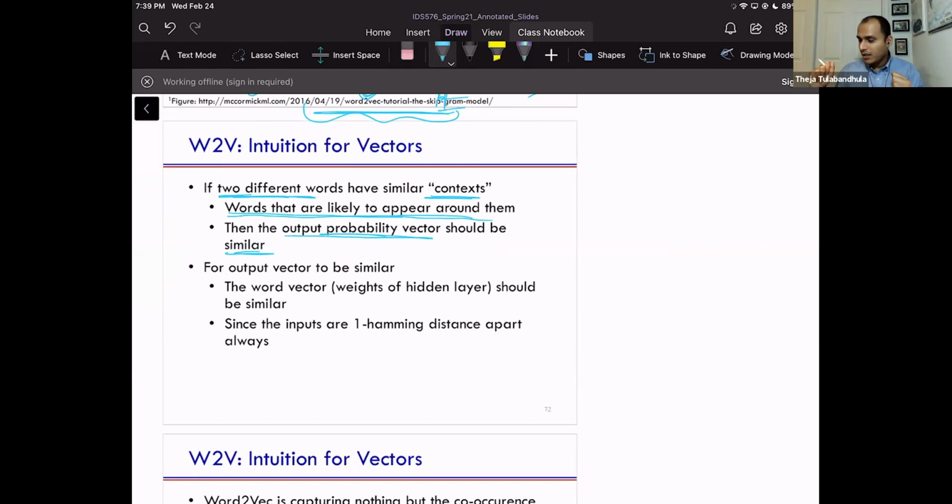Right. So if the jumps coordinate has to have a high score both when I pass fox or cat, and since it's only a linear transformation, remember, from H I can do another transformation, let me just call it theta, to get the scores, right? So I want the score for jumps to be highest, which means whether I pass fox or cat, the same score coordinate should be high, which means that H should also be similar. Okay, because it's just a linear transformation, right?